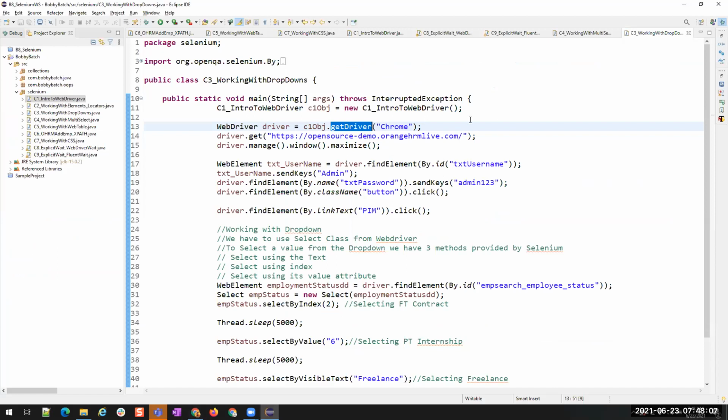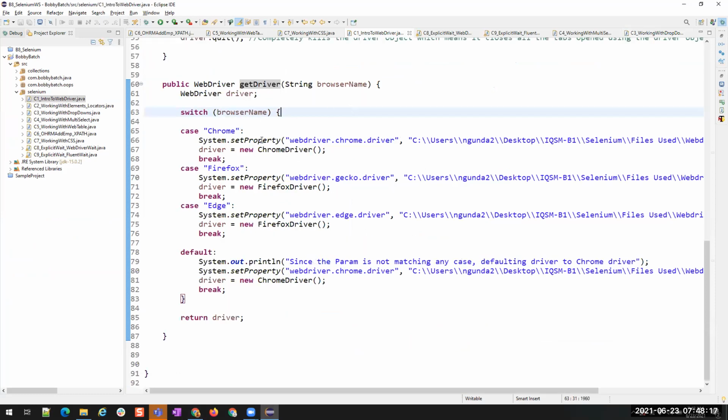So, if I'm explaining again from scratch, we wrote some method, right? Get driver, which is in the intro class, where we are letting Selenium or the Java compiler know which property we have to set, whether it is Chrome, Firefox, Edge or default. We are setting the property name and we are also returning the driver.